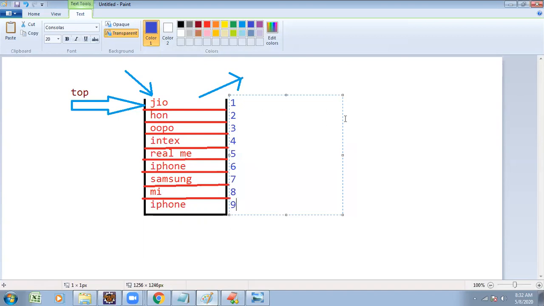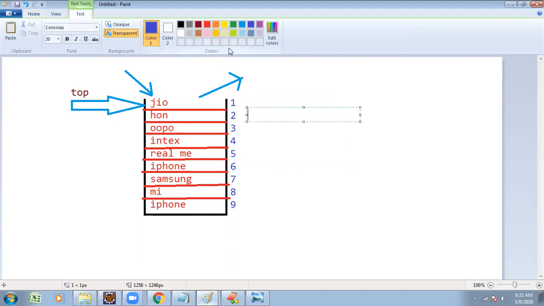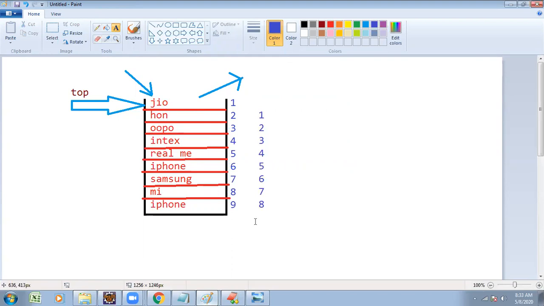Suppose you wanted to know the index of an element. Suppose you remove the first topmost element, immediately the indexes are going to change. Dynamic changes are applicable with the collection. But with arrays, if you remove an element, the index is not going to change. While we are working with collections, the index is going to change.